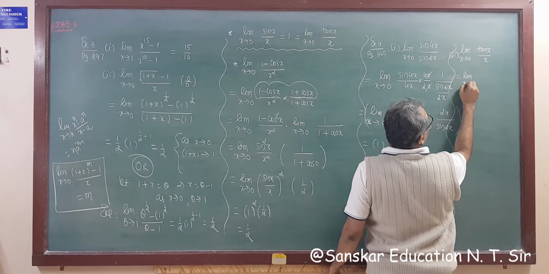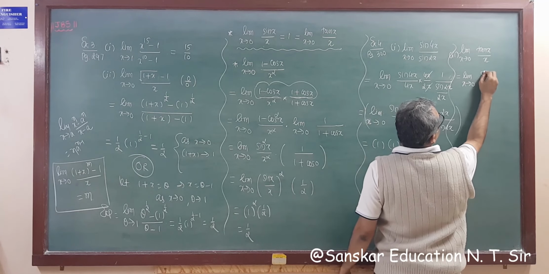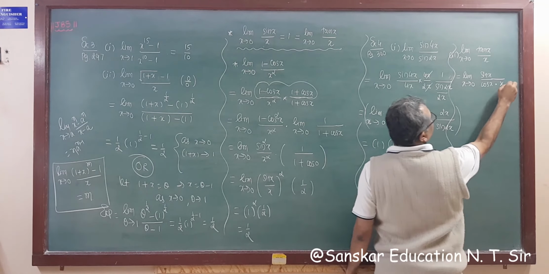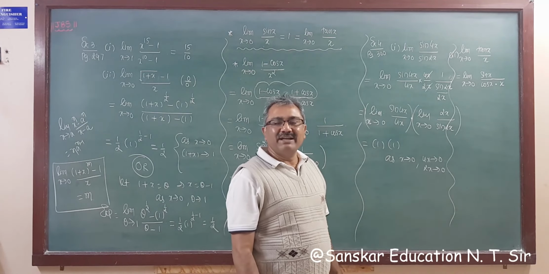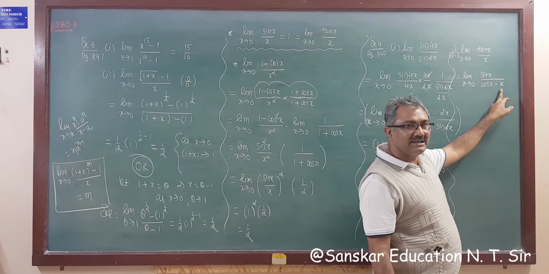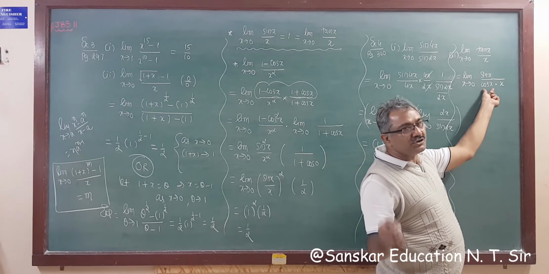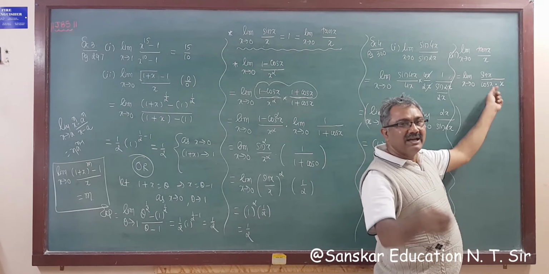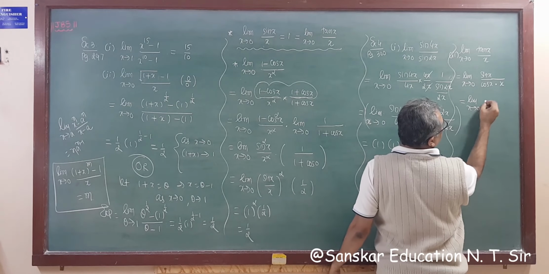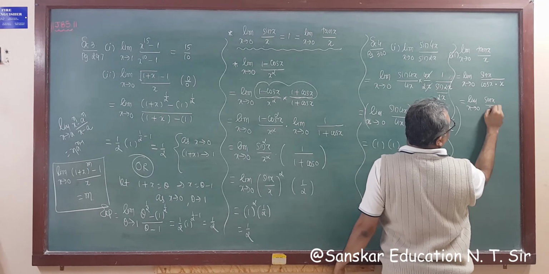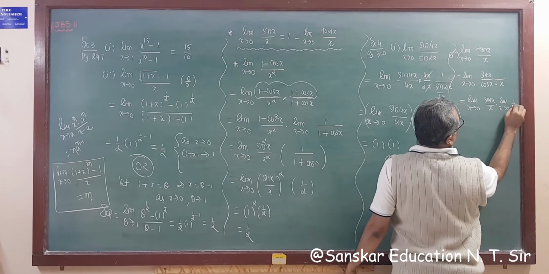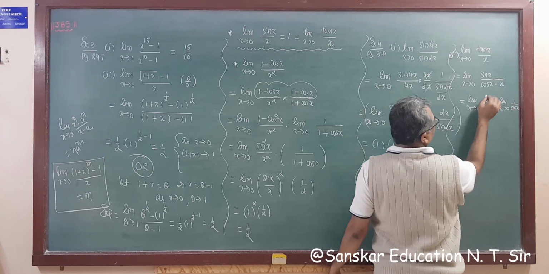So limit x tends to 0, tan x is sin x upon cos x, into x. For the formula, what we need is that if there is a sine, then we need theta in the denominator. Here is this, and this is extra, and cos 0 is never equal to 0. So we keep giving a separate limit. So if we give a separate limit, this is sin x upon x, and this is limit x tends to 0, 1 upon cos x. Now what is this?